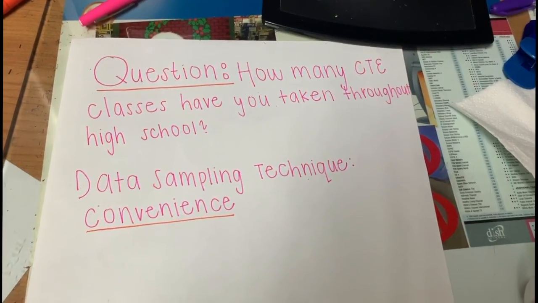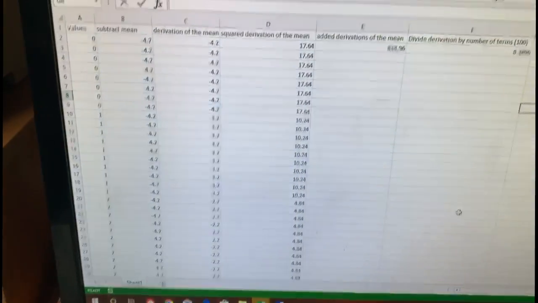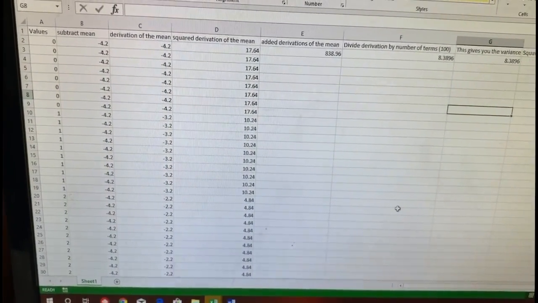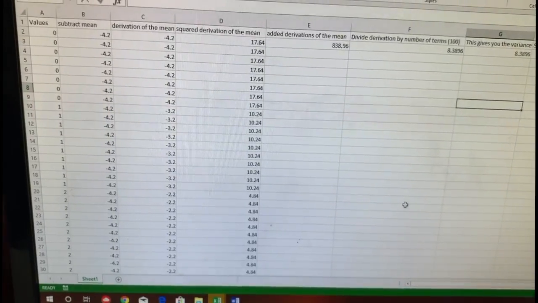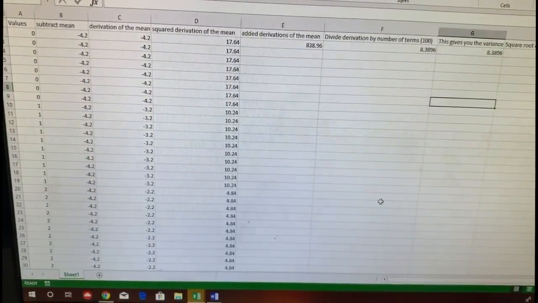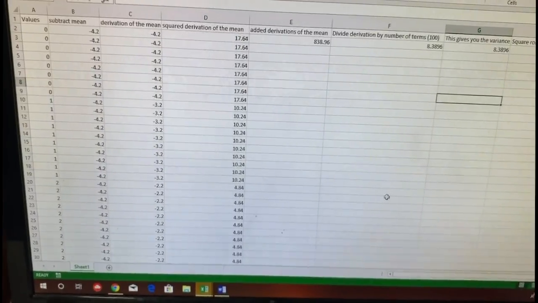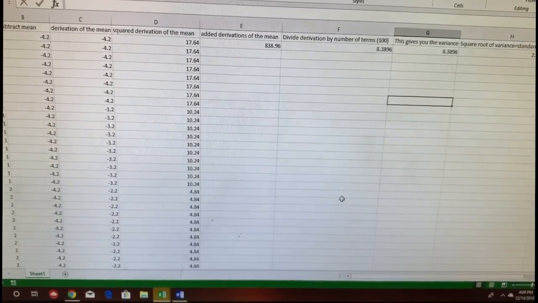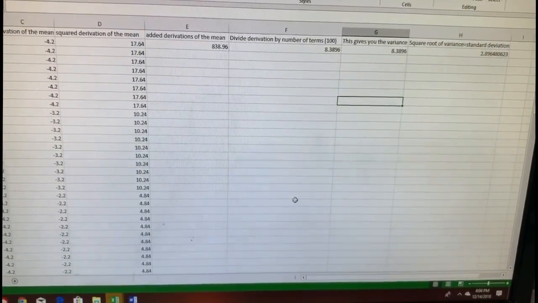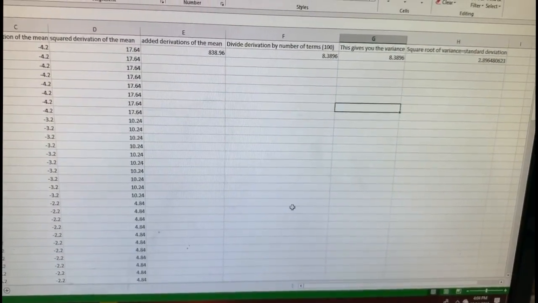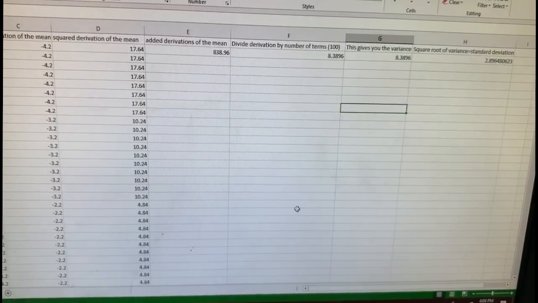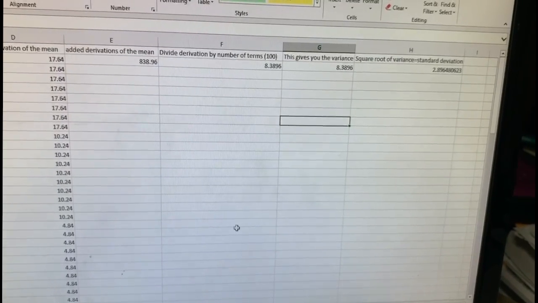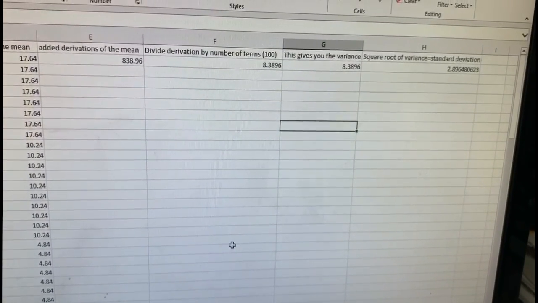To find the standard deviation and variance, you would first list out every single value that you got once you interviewed each person. After that, you would subtract the mean, which is 4.2, from each data value. This will give you the deviation from the mean, which will be different for every value. After that, you would square each individual deviation. Once you do that, you add every single deviation together to get one number, which in our case was 838.96. You would then divide that number by the total number of terms, which would give you 8.3896, and